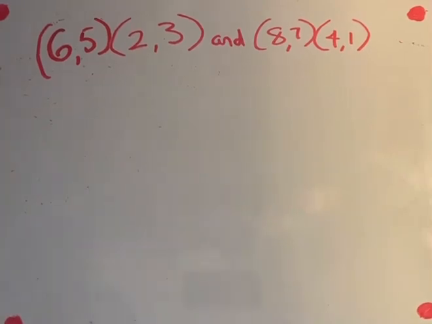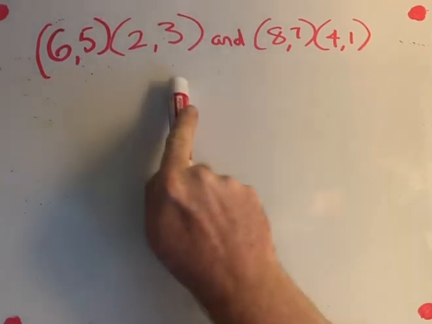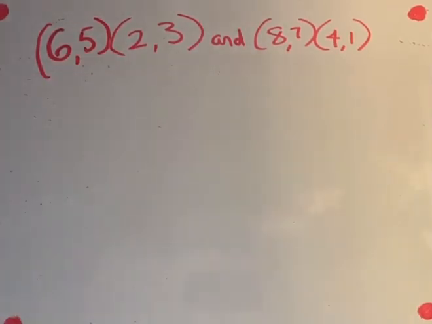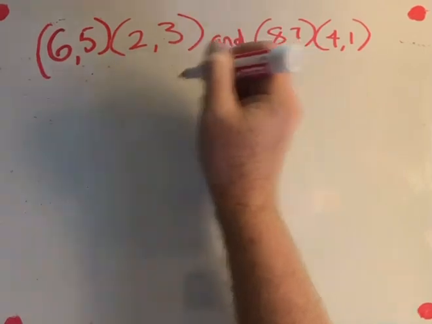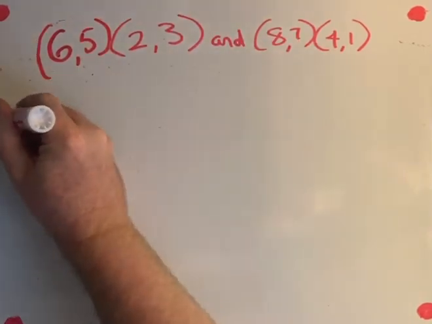All right, guys. So I'm taking a look at these sets of points. I want to tell whether the lines containing each pair of points are parallel. First I want to look at this set here, and I'm going to find out what the slope of this line is. So I'm going to say slope